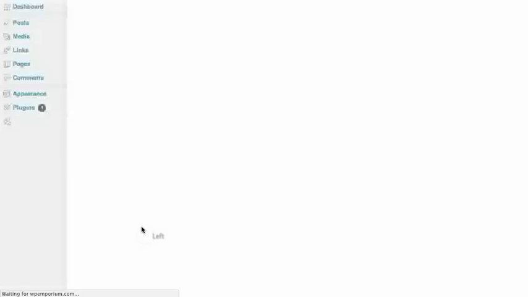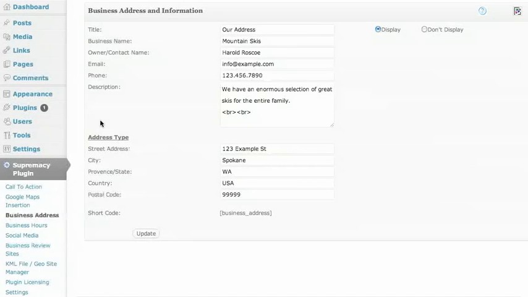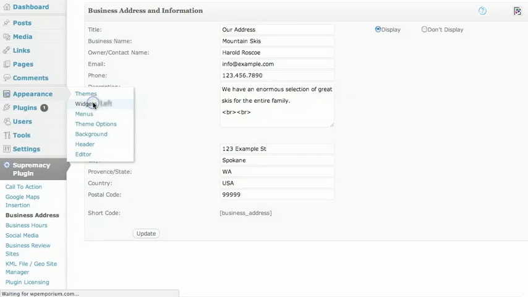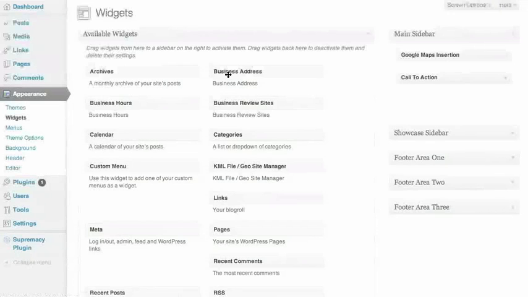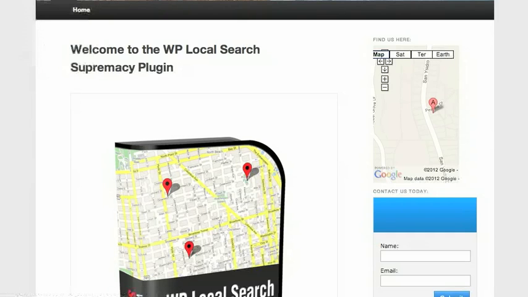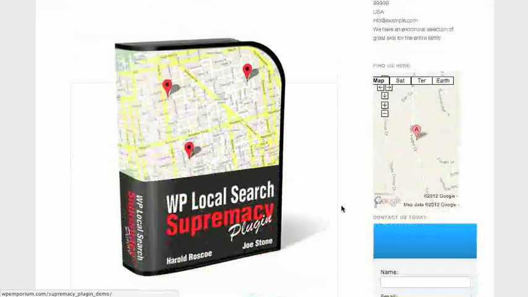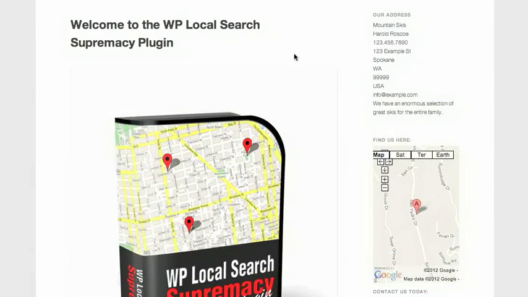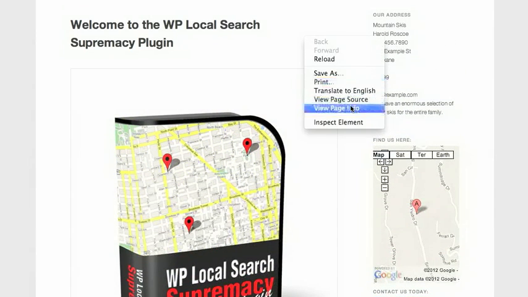So I'm going to click on update. Here's our address. We'll go to widgets. We'll drop our business address in right at the top. Click on refresh here. So there's the address. That's great. Contact information, a little bit about the business. Let's go look at the source code. If I come down here,